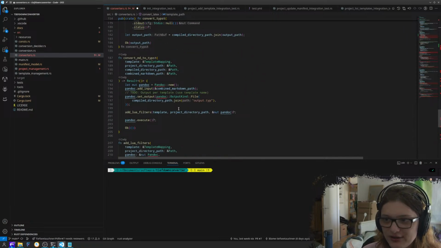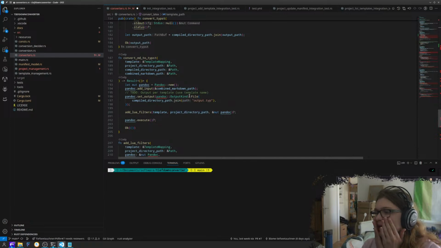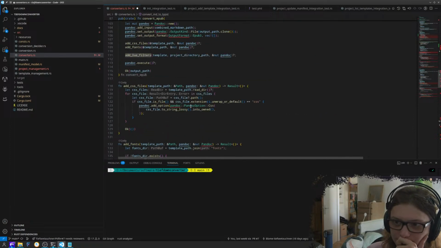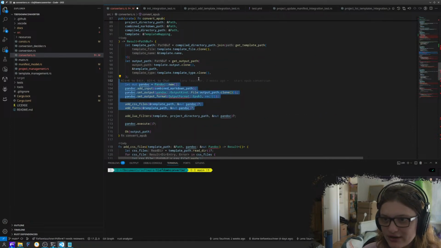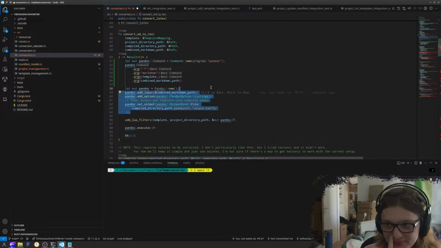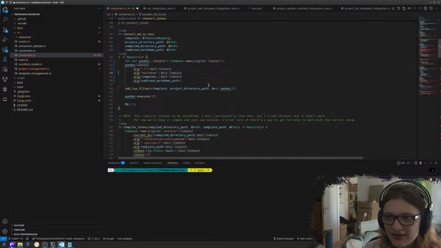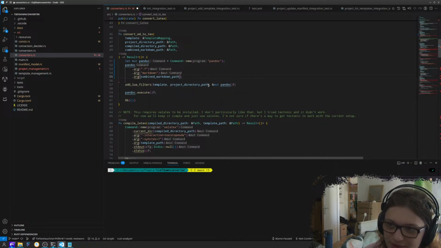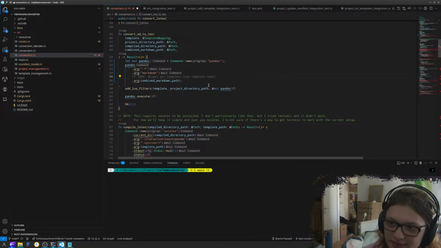Typst should be relatively easy. Oh no. Oh crap. I forgot about the Lua filters. But that should be relatively easy. Because when it boils down to it, that's just the wrong thing. When it comes down to it, we still have a command Pandoc. And this Pandoc command can be executed. So, let's just add a to-do